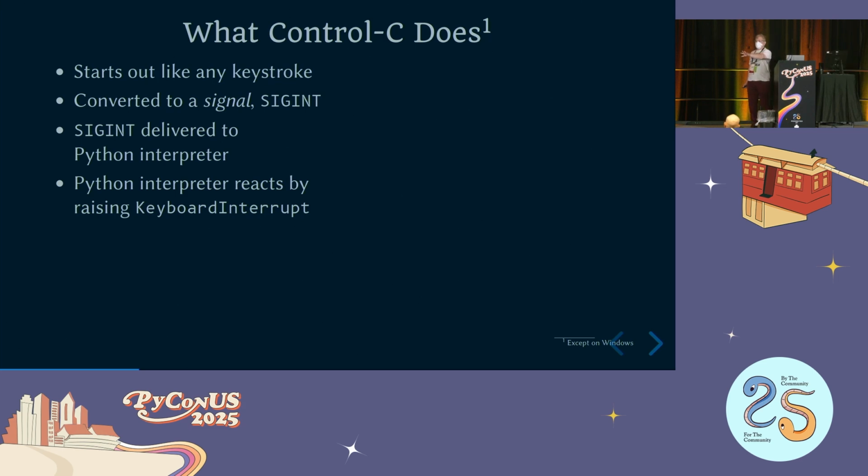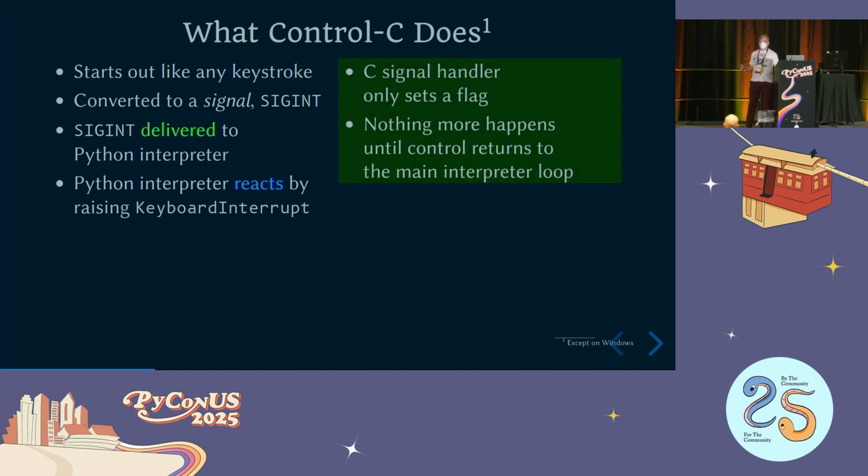And that gets delivered to the Python interpreter instead of the normal input, and the interpreter reacts to the signal by raising keyboard interrupt. Now these two words here, delivered and reacts, these are crucial. The delay is in between delivery and reaction. I'm going to go into more detail about what delivered means in a moment, but the gist is